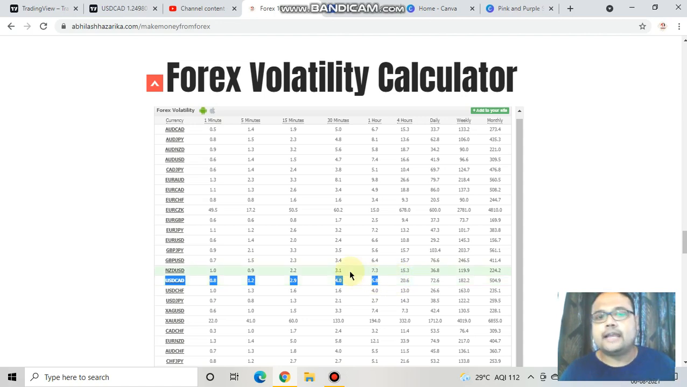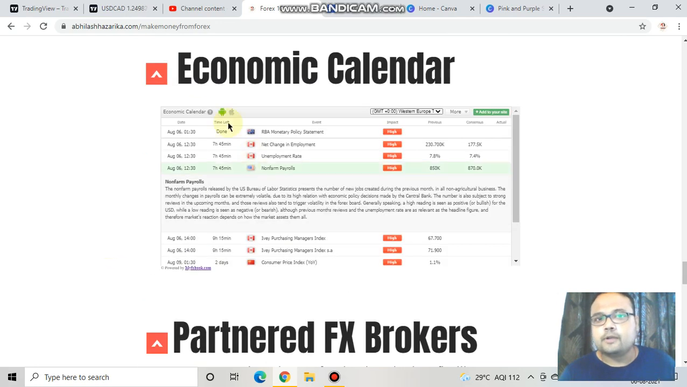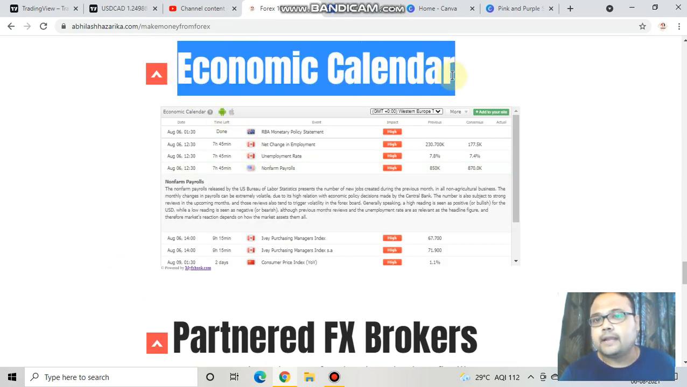So this calculator is handy, and most important is this economic calendar. And my dear friend, make it a habit to look at the economic calendar each and every day in the morning, so that you do not miss any important event of the market. So here you can see that